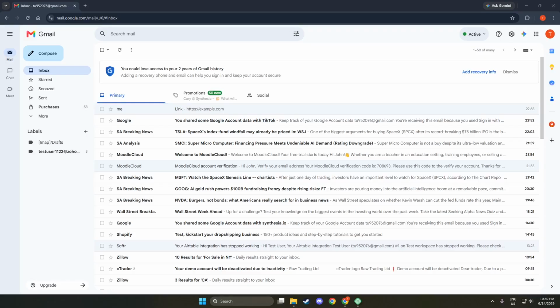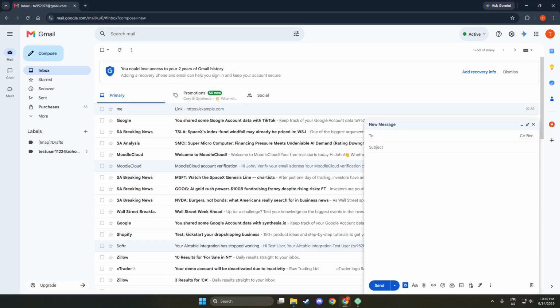First, let's get started by opening Gmail. Simply navigate to mail.google.com. This is your starting point, and it's where you'll be creating your email. Once you're there, you should see the familiar Gmail interface. Next up, look for the Compose button on the left-hand side of your screen. Click on it. This action opens a new email window where you can start crafting your message.